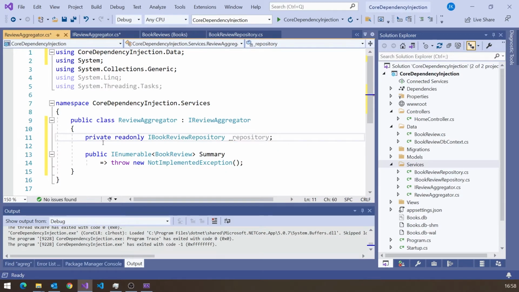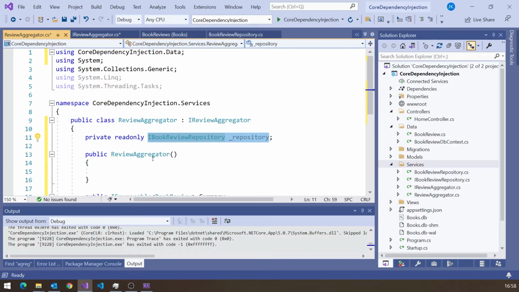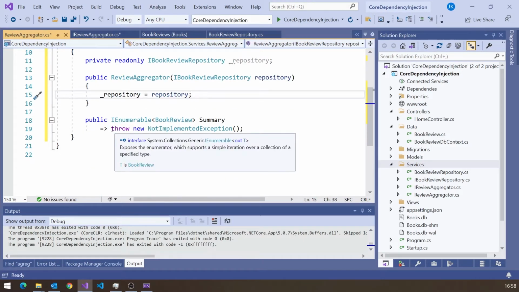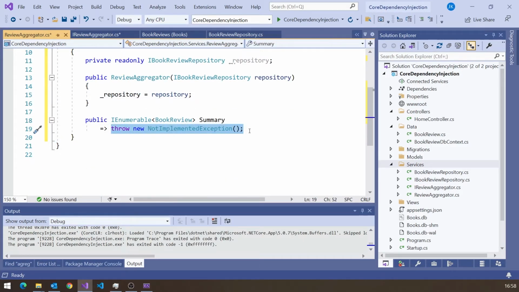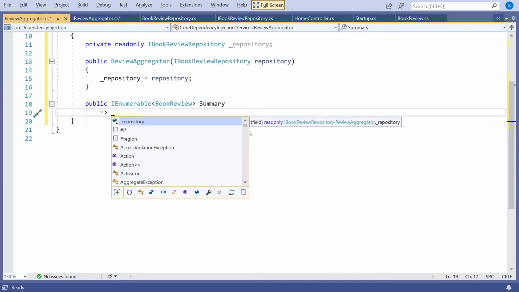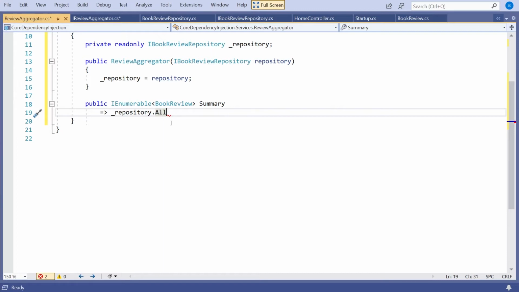So it's a similar setup every time. Pop in a constructor, take that as the parameter, and then once again _repository equals repository. And what that means is that here I can now get the data and do the summary. So what I'm going to say here is _repository, and then we know it's got the All or the ByTitle. Well, we'll just use the All here, and then we've got to do our processing.